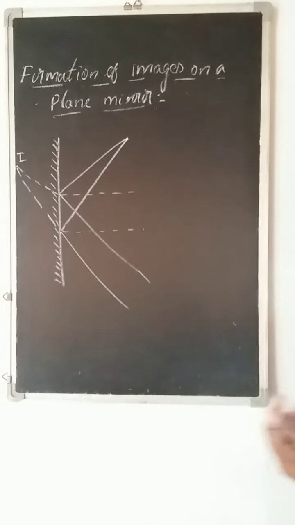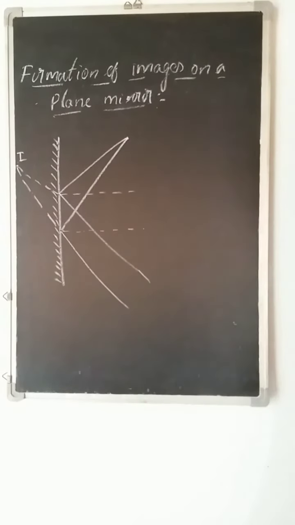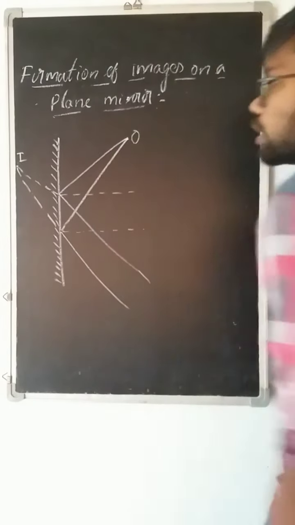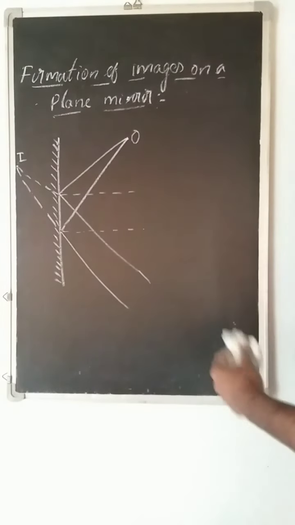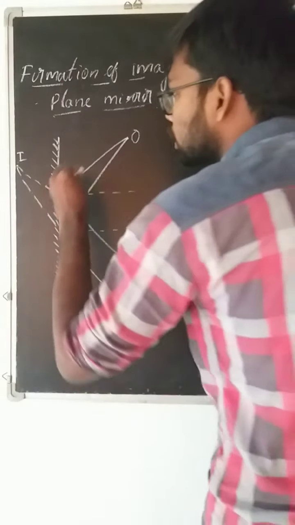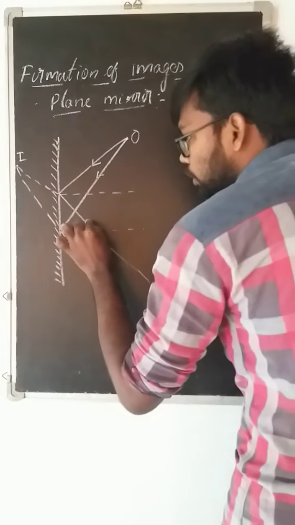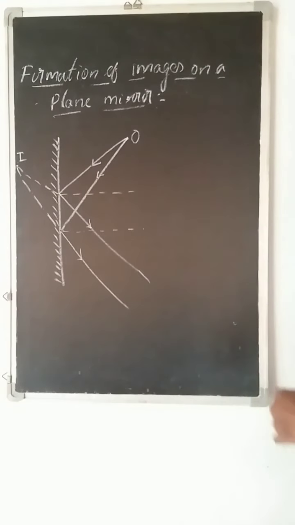Now, in the same manner, if more than two rays are incident, okay, from different objects, this is from one object, we are getting light from one object. If we are getting light rays from more than two objects, and one more thing, don't forget, represent light rays with an arrow. It is important. Otherwise, we cannot say it is a light ray. Okay.